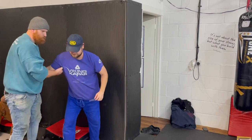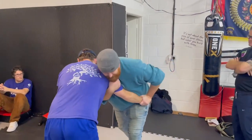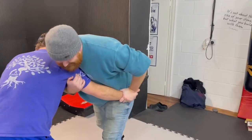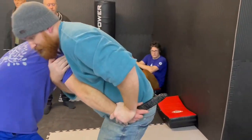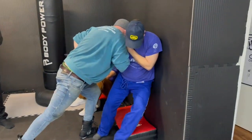Knees, Thai knees are wicked. I love Thai knees. I've been Thai boxing since I was about 7. Bob Spurt, Eddie Quinn. But unlike Thai boxing knees, I can't risk this blade here. So it's only when I get him into a wall that I really have the power to leverage